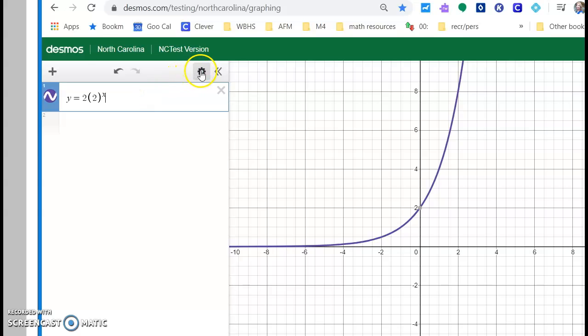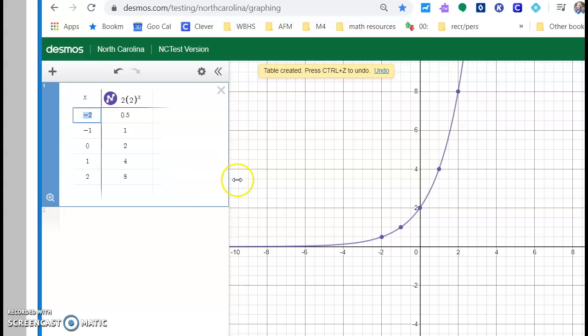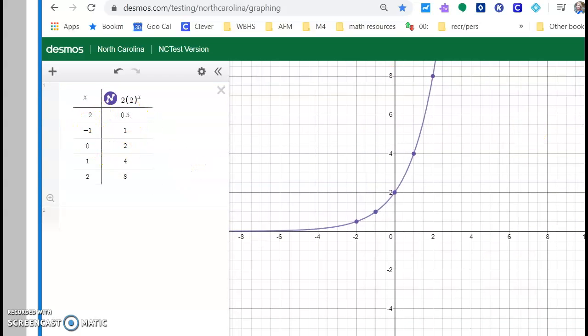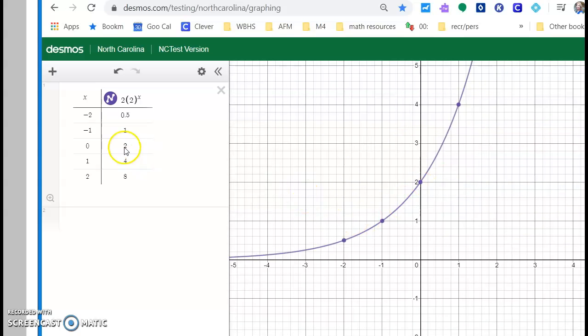Now, what's really cool about this is you go up here to the wheel, you hit table, and it gives me the table. So I can see the numbers that I had to calculate before. I can make that a little bigger so you can see it a little better. Now I can look at the points, -1, 1, and I can touch right here, and I can see that's -1, 1. At 0, 2, it's right there. And at 1, 4, it's right there. Exactly the numbers I came up